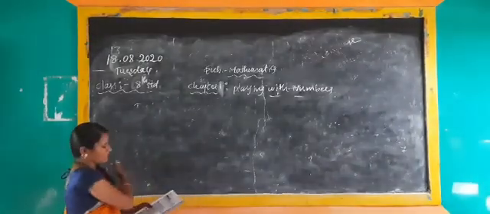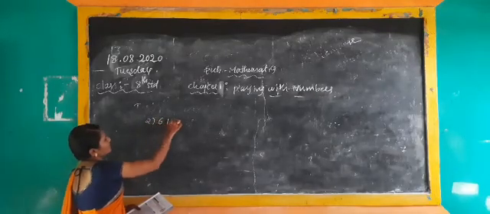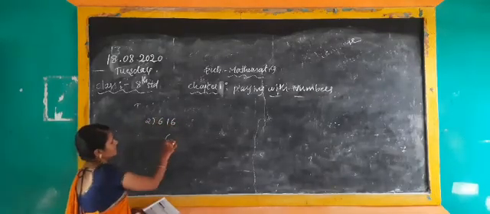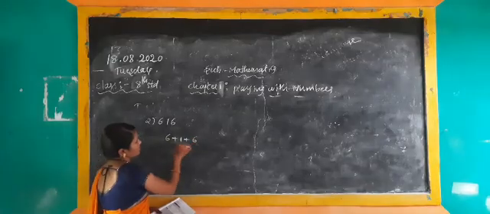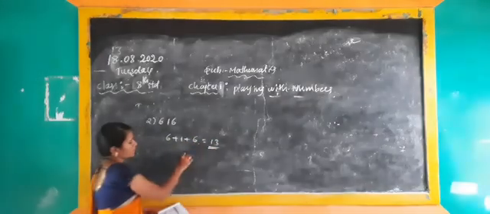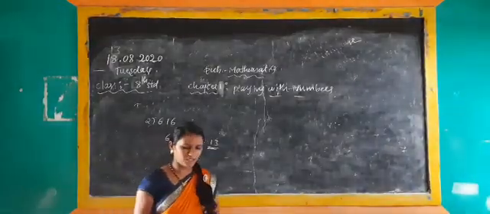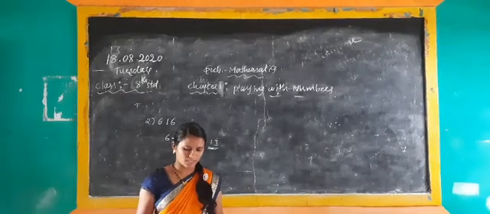First is 108. I just said that as an example. Okay, leave it. The second problem you can take is 616. Add 6 plus 1 plus 6. 6 plus 6 is 12, 12 plus 1 is 13. Is 13 divisible by 9? No, it's not divisible by 9. Like that, take the third, fourth, fifth as homework.